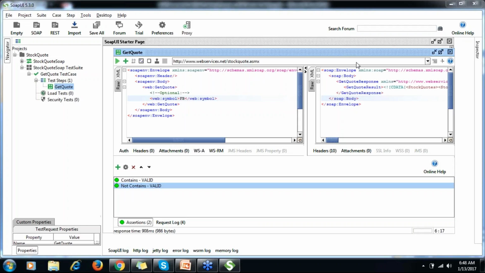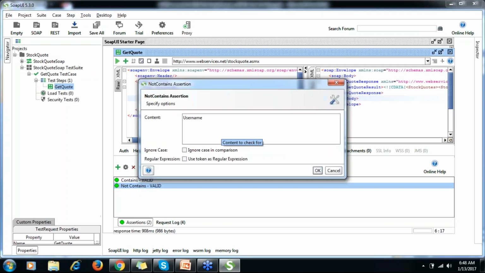Okay, so see what it means. Suppose I want that my response should not contain any property name or property value which is related to username or password. So that I can mention here.